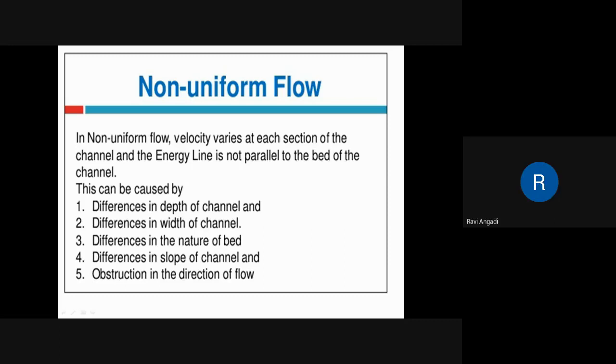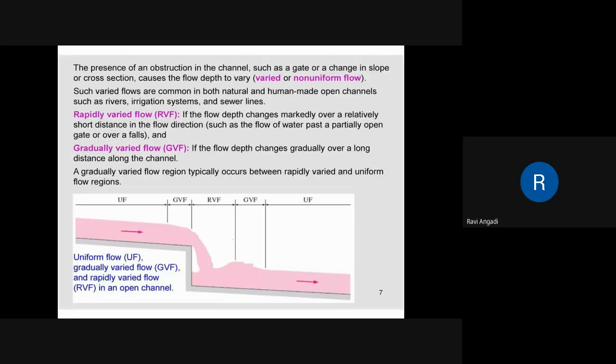Right. So this is about the introduction part. Then again, look at where you get the non-uniform flow and uniform flow. Now you will get the idea when we derive the equation and all. So try to understand and observe carefully here. Here a channel is given. So what is this one? Can anyone tell this one? This is the channel. What is this obstacle we call?